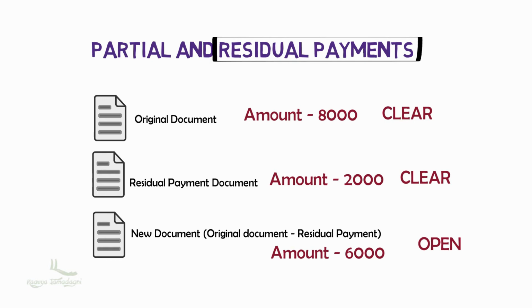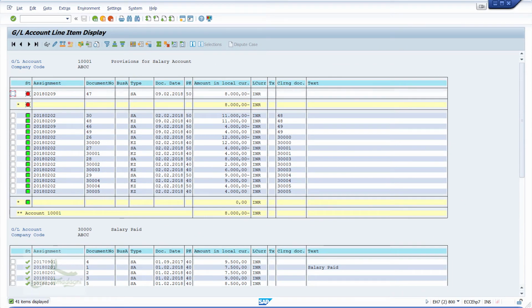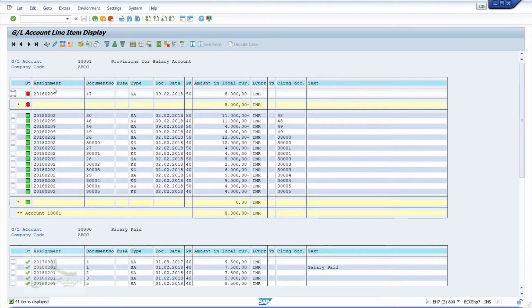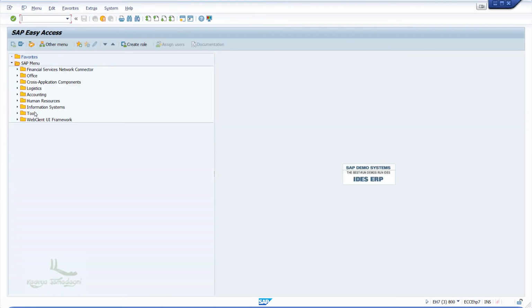I already have the open line item of 8,000 in my SAP system, which we had created in the last lecture. Now, against this open item, I'll make the partial payment of 2,000. To make the payment, I'll click on the Generate New Sessions button in SAP GUI and then use the T-code F-07, or else you can also use the menu path.